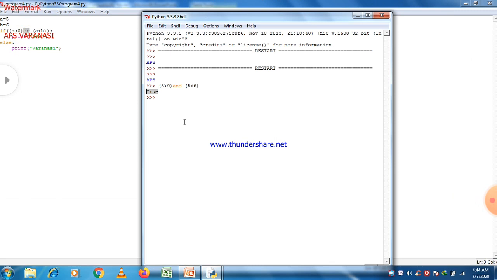But if you want to understand logical operators in a very simple manner, just open Python interactive mode on your computer, write two conditions, whether they are false or true, separate them with the AND operator or OR operator, press enter, and you get the desired result.